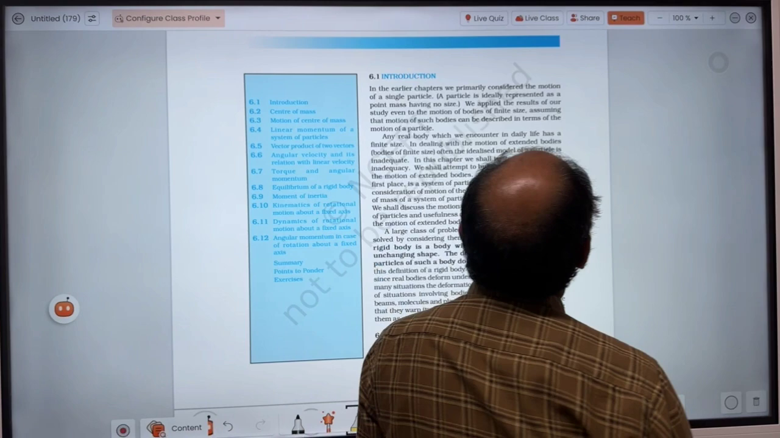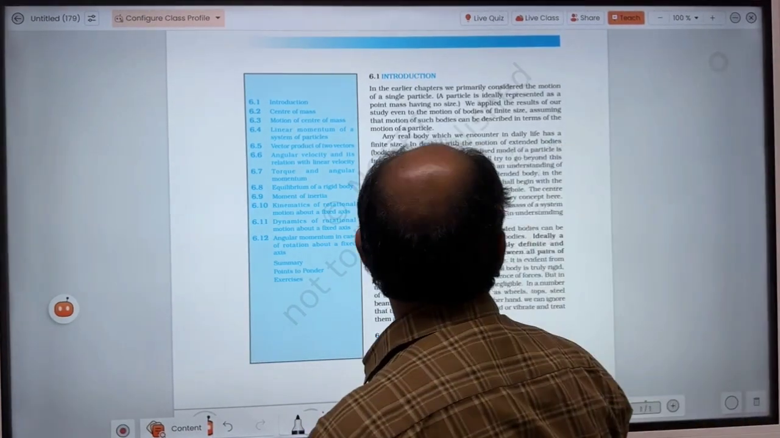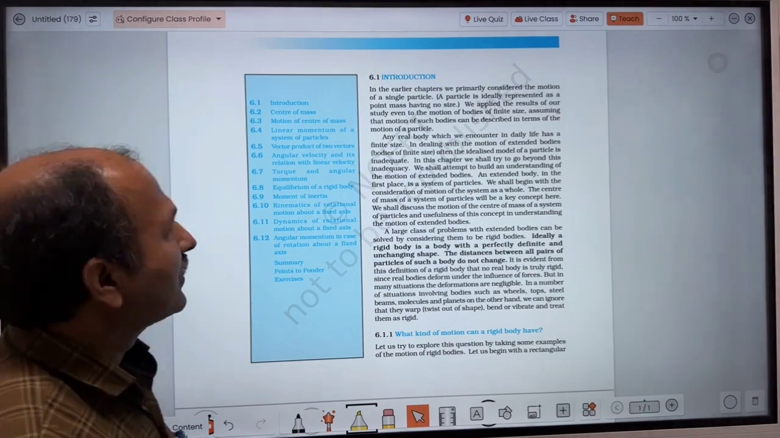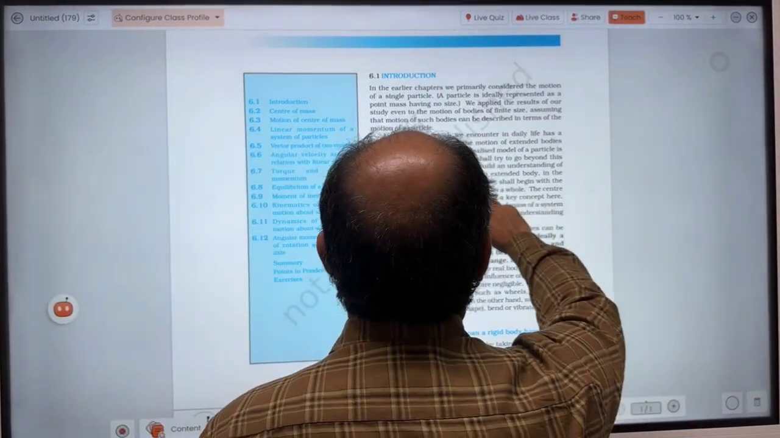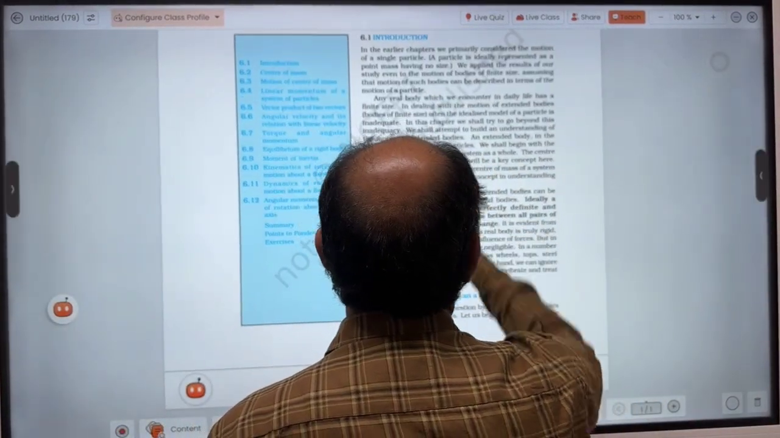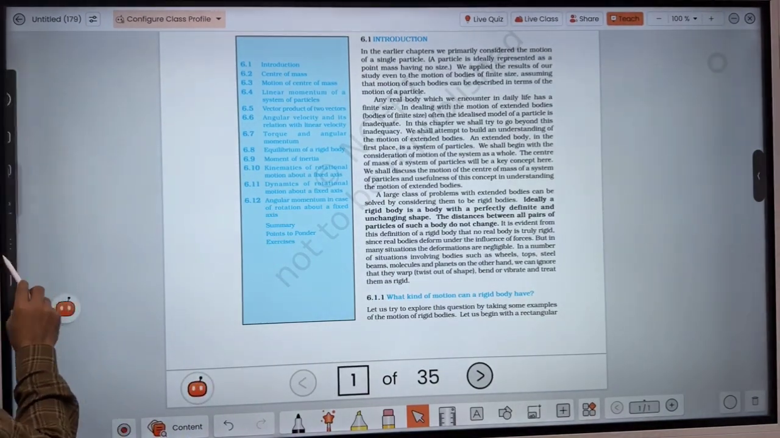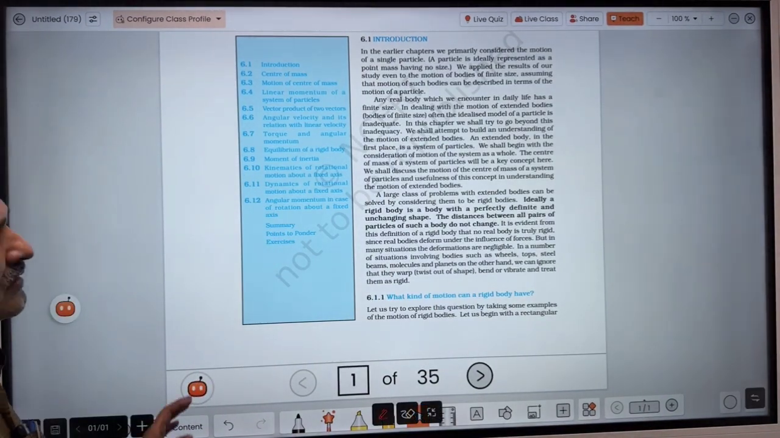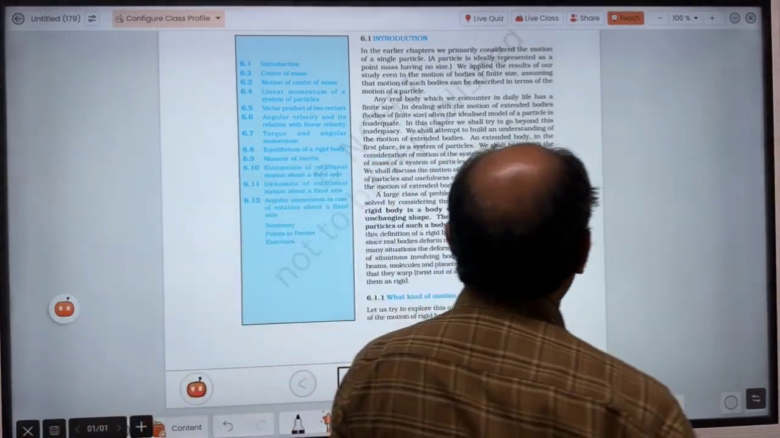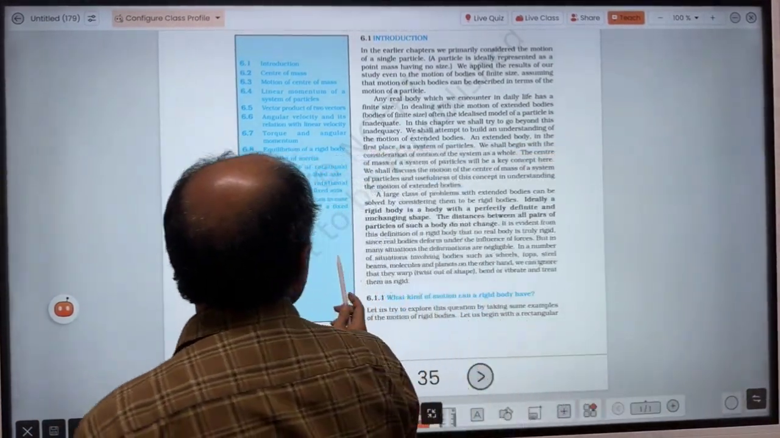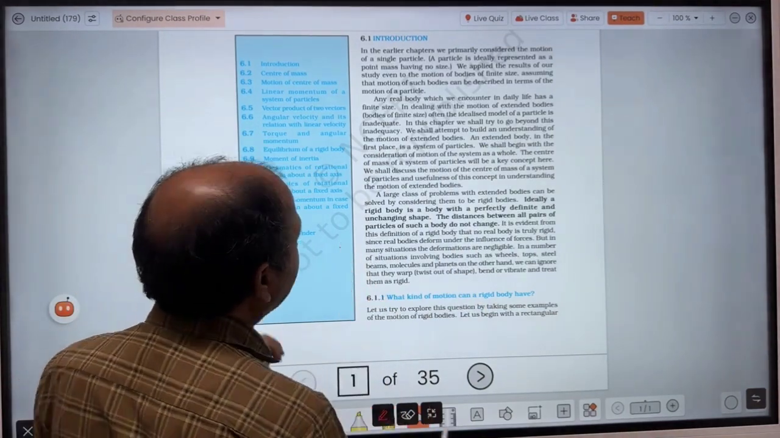Before that, I would like to define a rigid body. So what is a rigid body? A body which does not change its shape on applying force. Although there is no strictly rigid body, for particular purposes we can take certain objects as rigid. So here